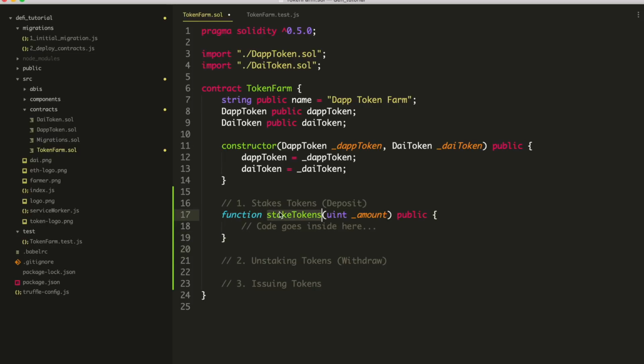We gave it a name. It's called stake tokens. We use this function keyword to declare it. Stake tokens is the name. And then we give it some arguments, just like we did our constructor function up here. So it has one argument, which is just the amount of tokens to stake. And then we use this public visibility here